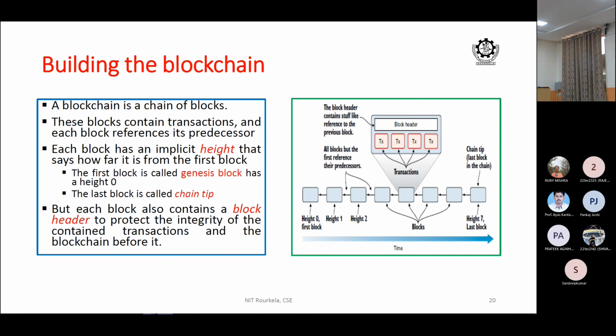Look at the IoT system: it has an integrity problem with the data that you store. If I put the data in a blockchain, then the entire integrity is maintained, because the block header protects the integrity of the transactions. Every transaction that we make, every piece of data that is generated, can be considered a transaction, and once the transaction is added, it cannot be changed. So integrity can be checked here.